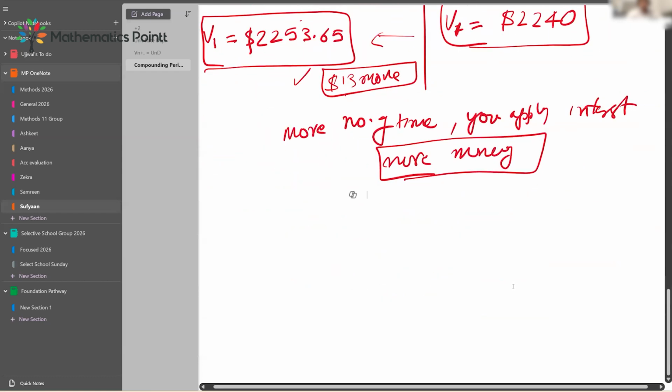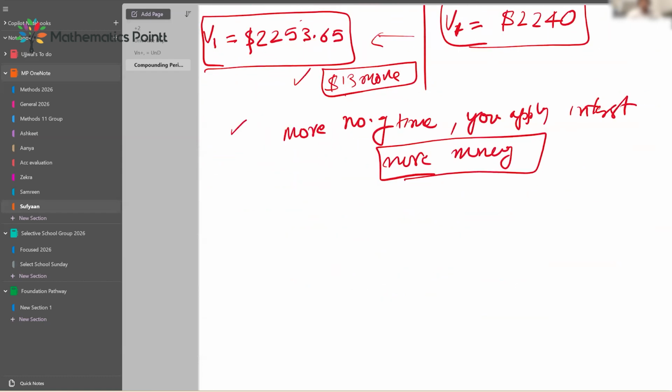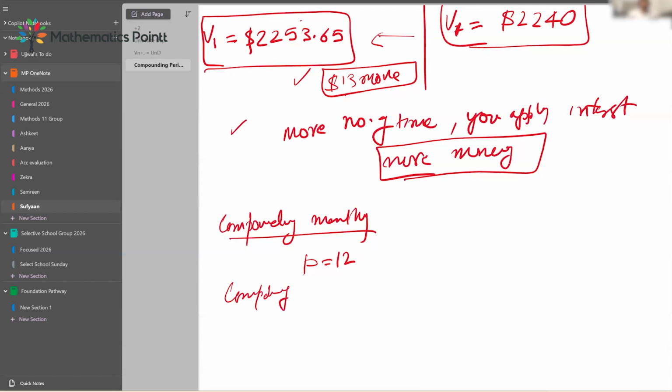Now, question to you. In this scenario, I said it was compounding monthly. So what was my p-value? 12. Now, if I say it is compounding weekly, can you tell me what will be the p-value? How many weeks are there in a year? 52. So that means the p-value is 52, which essentially means that if I change this question